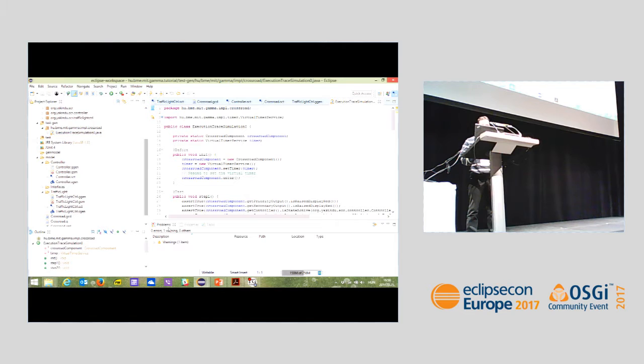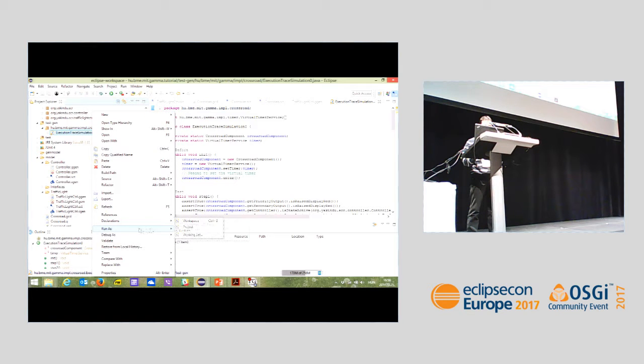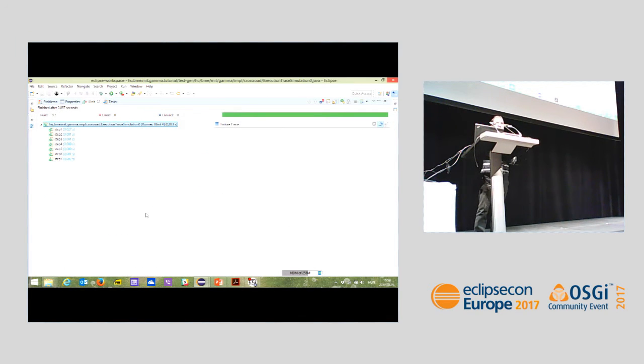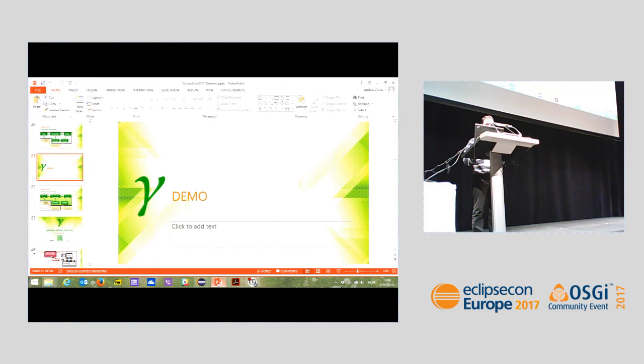You can just run this trace and evaluate it, and you can see that yes, also in the implementation you can reach this wrong state in your system design. So now you can correct it and then run the verification again.